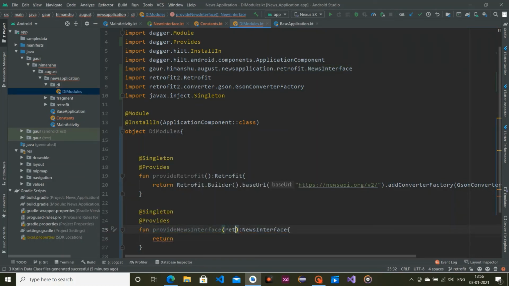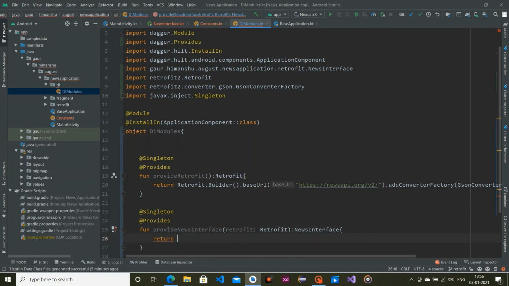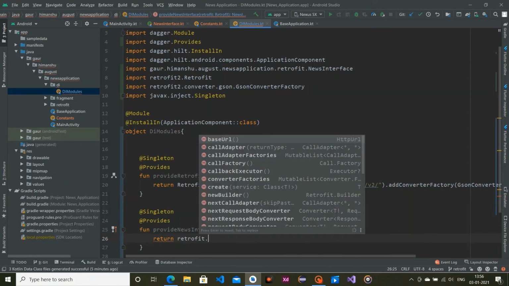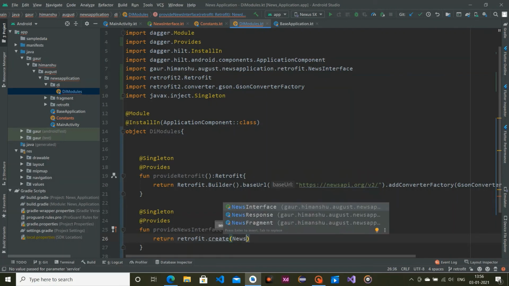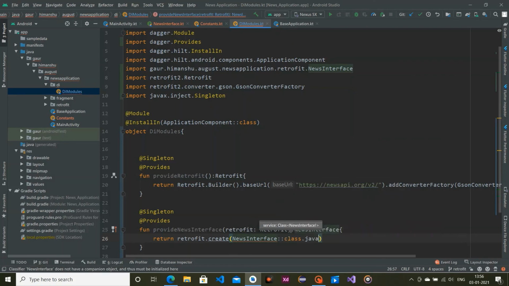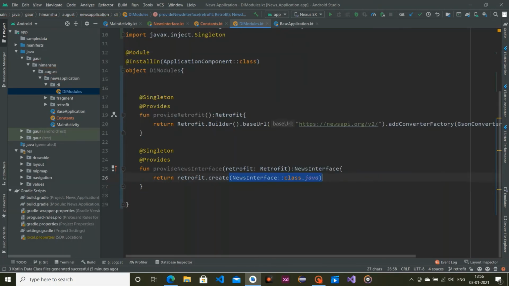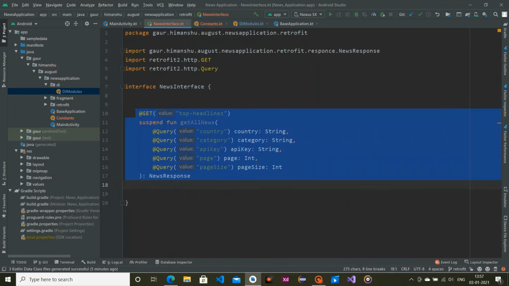We have to inject our Retrofit and it will return retrofit.create, and here we have to pass our NewsInterface class.java. Retrofit simply brings to life our methods which are present in our NewsInterface.